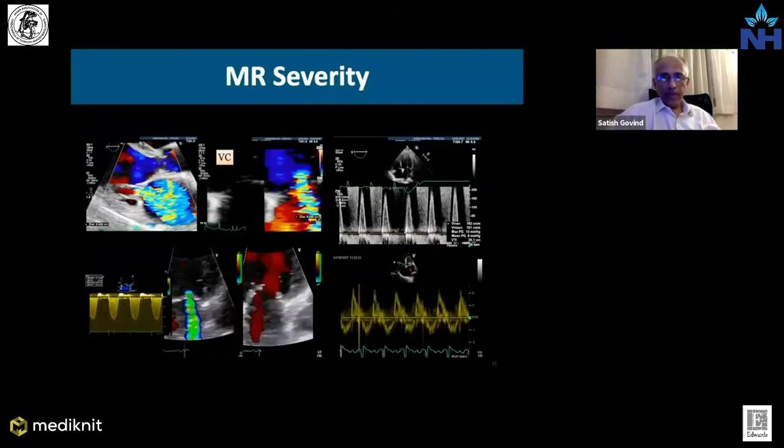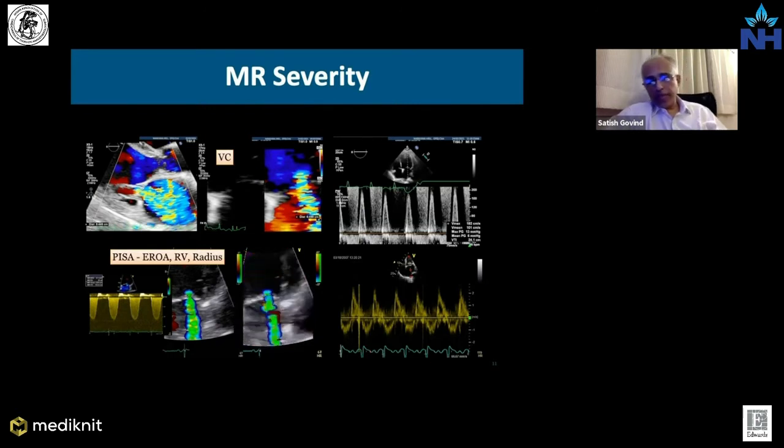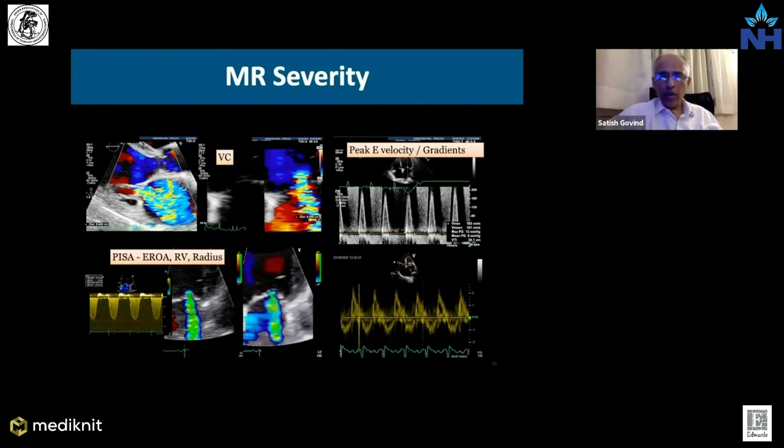Then the MR severity. This is as per standard protocol, just like any other guidelines we have to go through. The main points I have highlighted here. One is to look at the vena contracta, and then the other is the PISA, where you can get the effective regurgitant orifice area, and the volume also. And then there is the peak E velocity. The higher the E velocity, more than 1.2, 1.5 meters per second, that means the MR is significant. And then the gradients: higher gradients, a mean gradient of more than 5 millimeters of mercury, is not favorable for